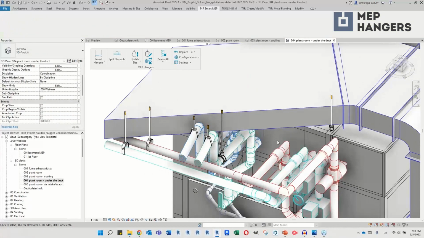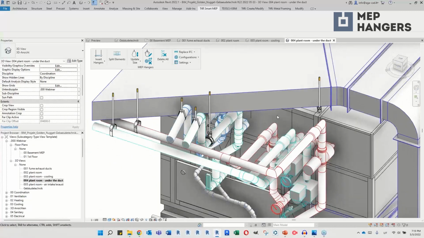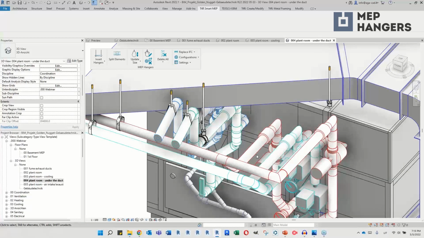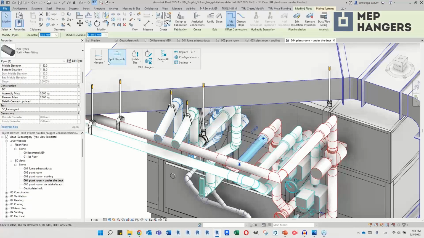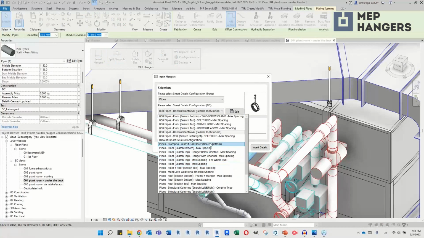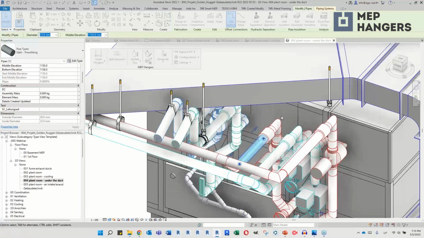There's another way to go about creating such structure. On the right side here, I have 4 horizontal pipes, and to connect them, I can insert one or a few unistrut hangers above these pipes and use it for other hangers to attach to. So I will select a pipe, insert unistrut above,